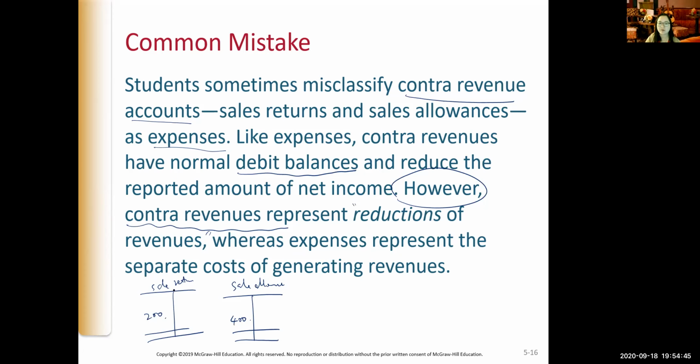But sales allowance and return merely mean a reduction of what you sold, right? You sold $1,000 right now, but because something is wrong with part of the 1,000, they want to return 200. Hence merely